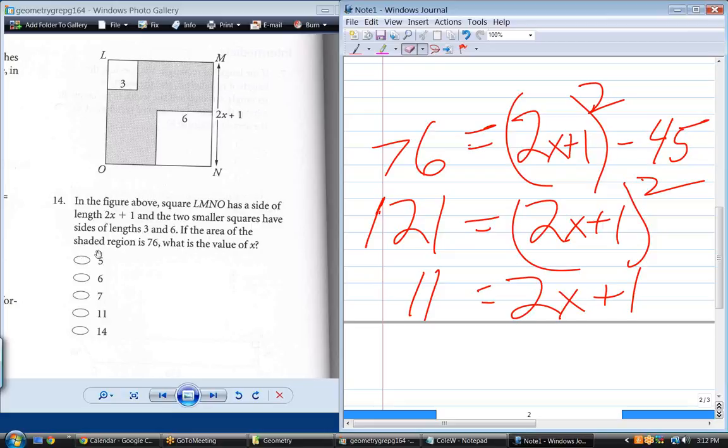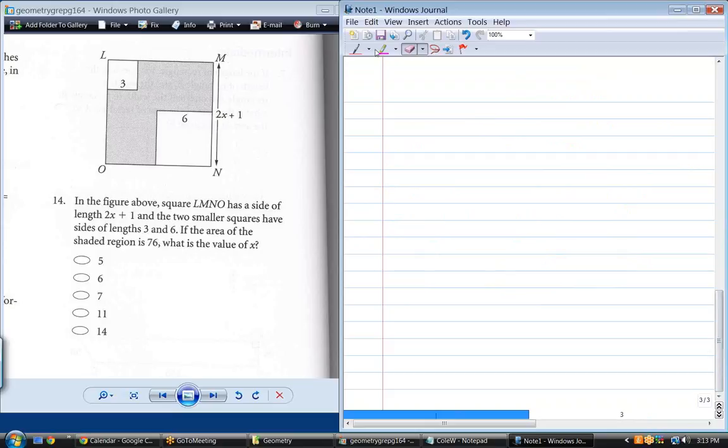So x equals 5. This is a pretty good problem, actually. This problem deals with a lot of stuff. It, first of all, deals with shaded region is always subtraction. It's always the large object minus the inside white objects. No matter what kind of shaded region problem you're doing, that's going to be the answer. In other words, if I gave you this shaded region problem,